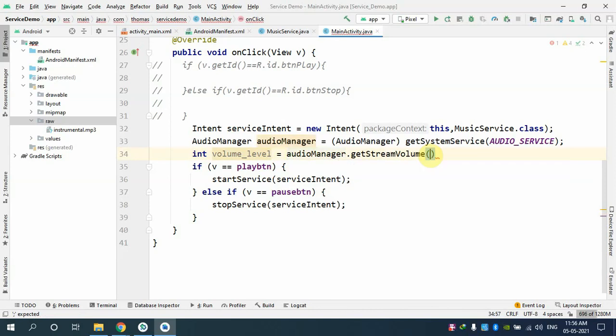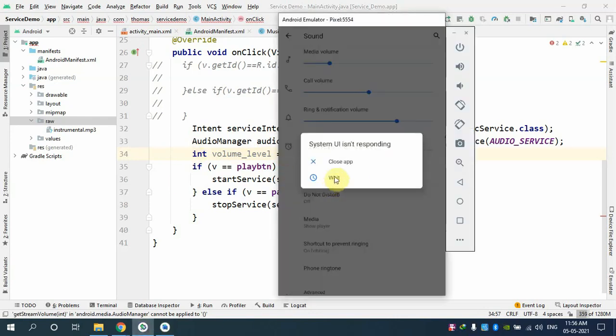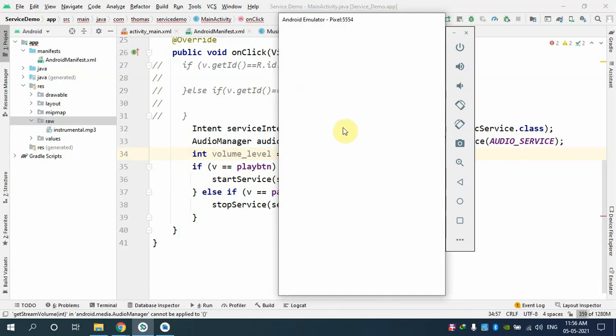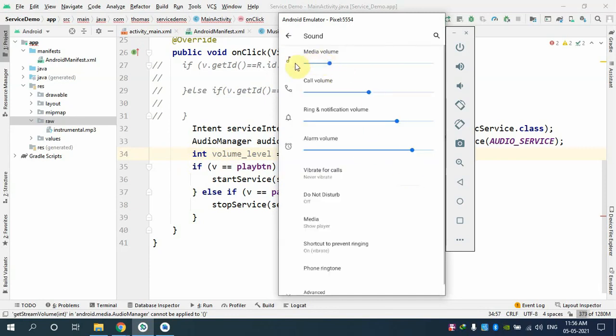Which stream? You have to tell that also. Please note that I told you there are 4 streams in my phone. I just showed you in the emulator. There is call, there is alarm, there is notification, there is media. There are 4 things. Which one do you want? I want the stream which is for music. Which one is relevant to music? Please note the design of what the system is showing. In this one, which one is music? Media volume. This is what I am looking for, not the call, ringtone, alarm, and all those things,